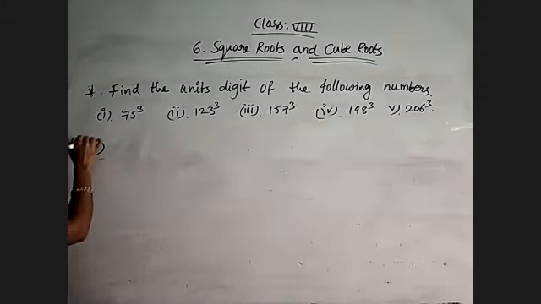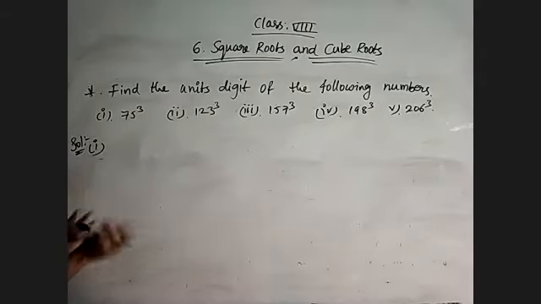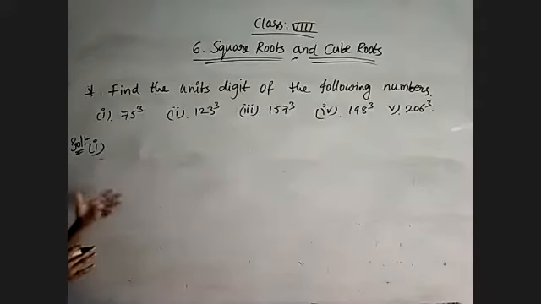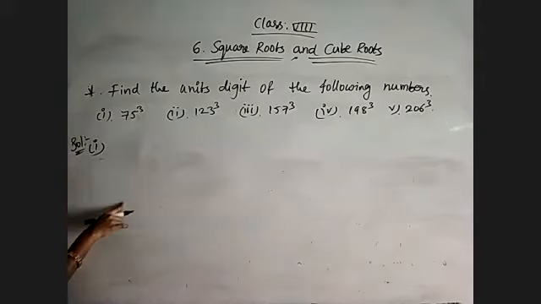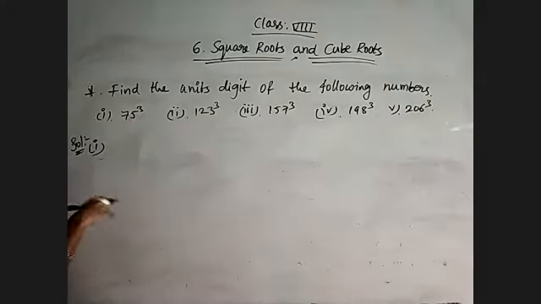See, it is a lengthy, bigger number. 75 cube means compulsorily we get a bigger, larger number. So after multiplying 3 times 75, what is the unit place? Actually, we need to decide in that way. But instead of doing all those things, to do it in the easiest way, we have the properties of cube values. So this is enough to check the unit digit of the given number. Here the unit digit of the given number is 5. So for 5, what will we get as the cube value? 5 itself. The cube of a number ending with 5, we will get 5 only.